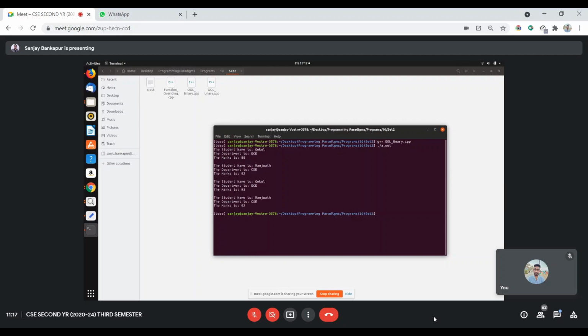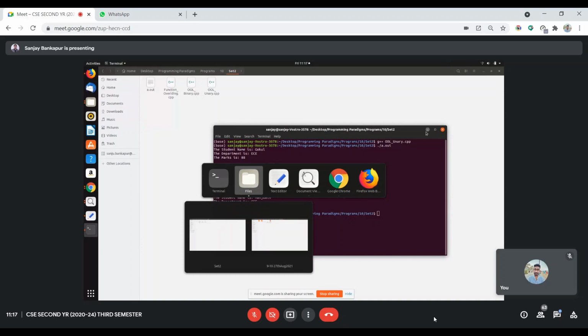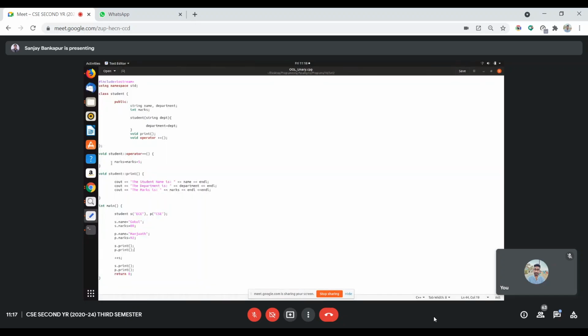Print prints the output statements which have been mentioned in the print method under the student class. Two objects are instantiated with different values. So Gokul, from the computer electronics department, has 88 marks, and Manjunath, computer science department, has 92 marks, and Gokul got incremented and displayed by 5. So that's how the special function is invoked in a specific scenario, right?